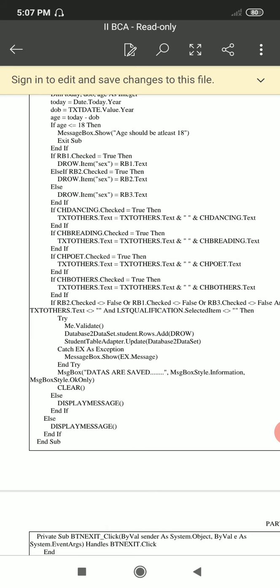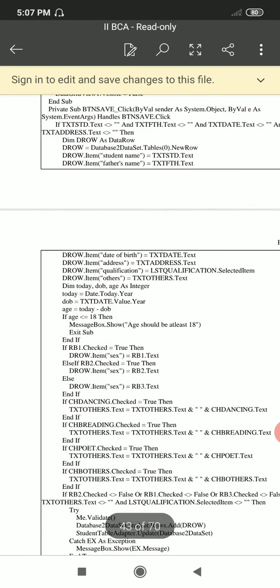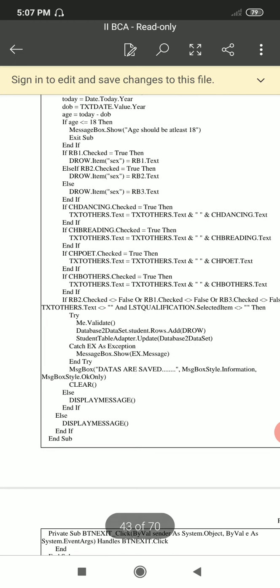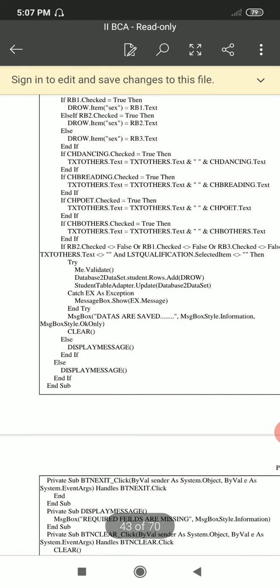And again, so this drow is a row. So now we have a complete row here in this drow. Okay. So now you are adding here Database2DataSet.Student.Rows.Add(drow), that is you are adding a row, that is drow, to the student table.